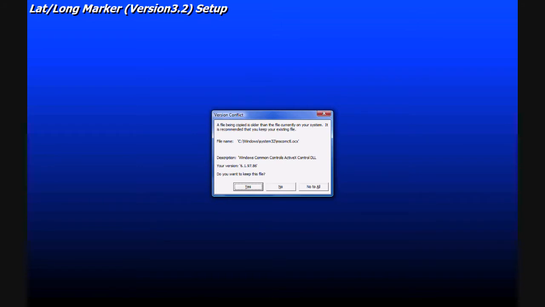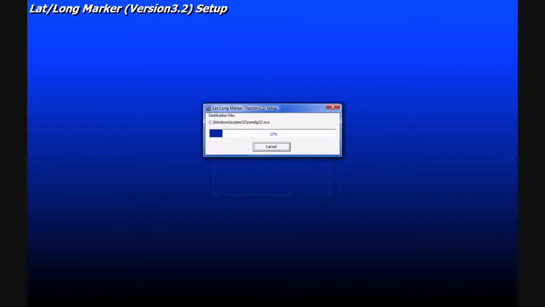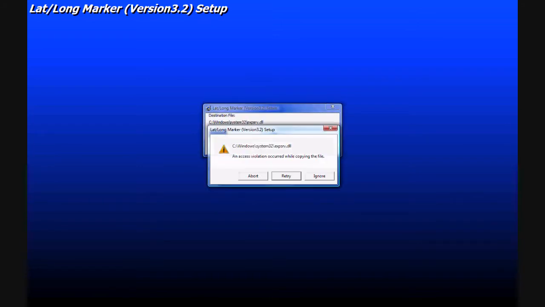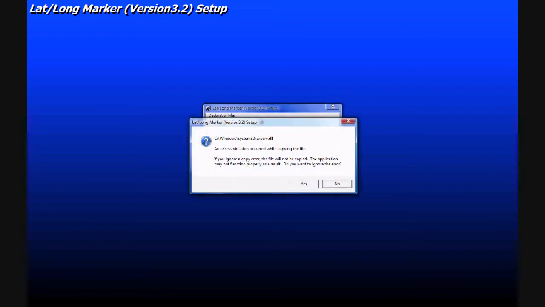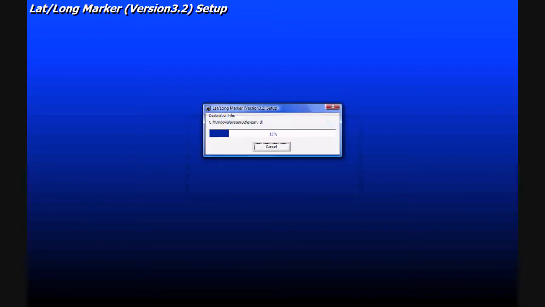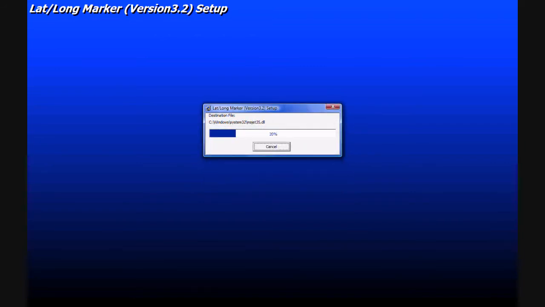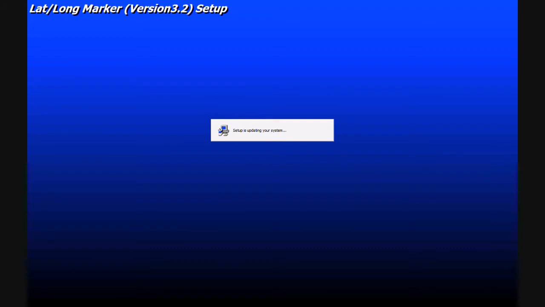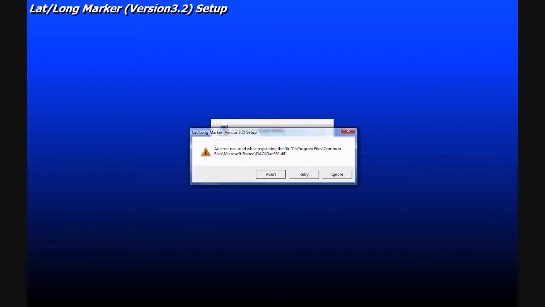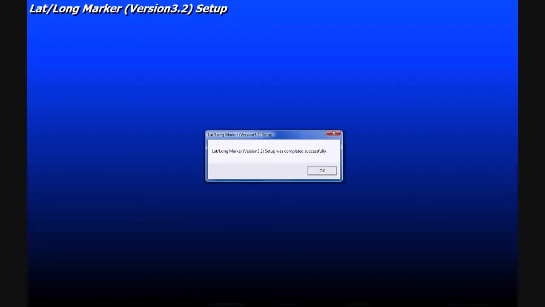In this case, we've encountered the previously installed software. We'll just click yes, because we always want to keep the current version. Then you may incur a conflict. Just click ignore. This usually occurs if software is previously installed, so you may not see any of these, but we want to show them in case you do, so that there are no surprises. The status bars continue to show you the progress. As you move along, you ignore any conflicts, and when it's finished, it will say that the software is